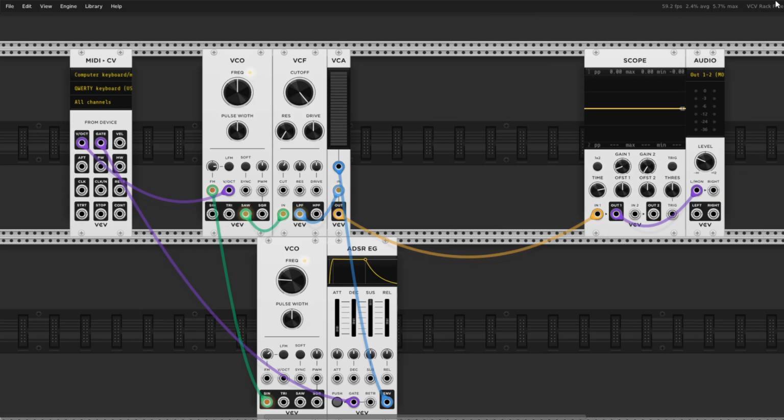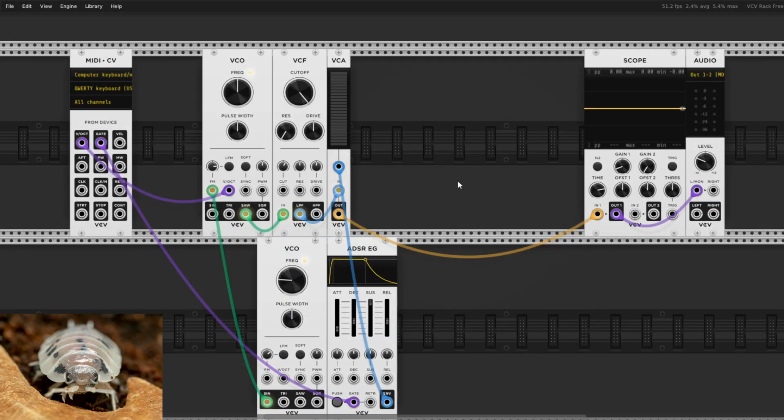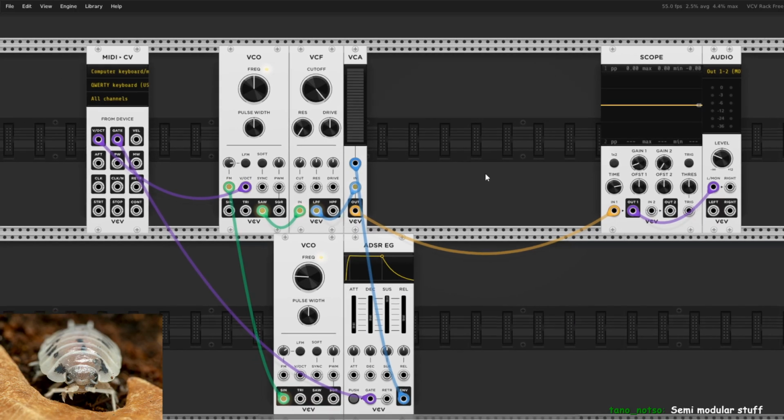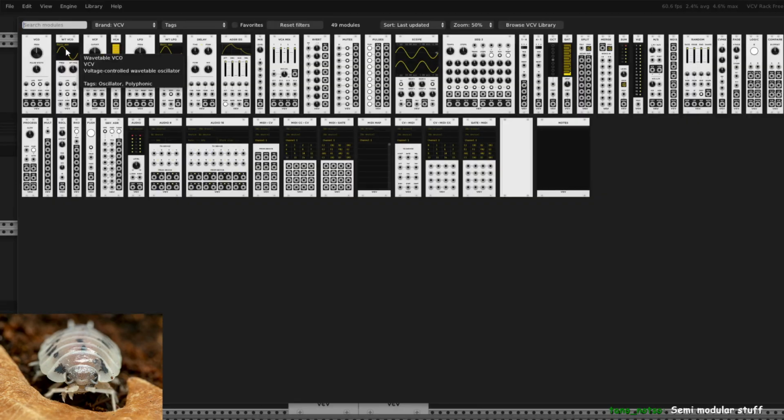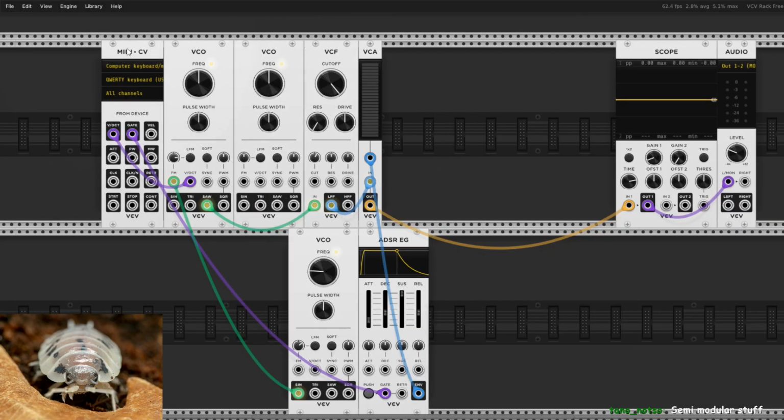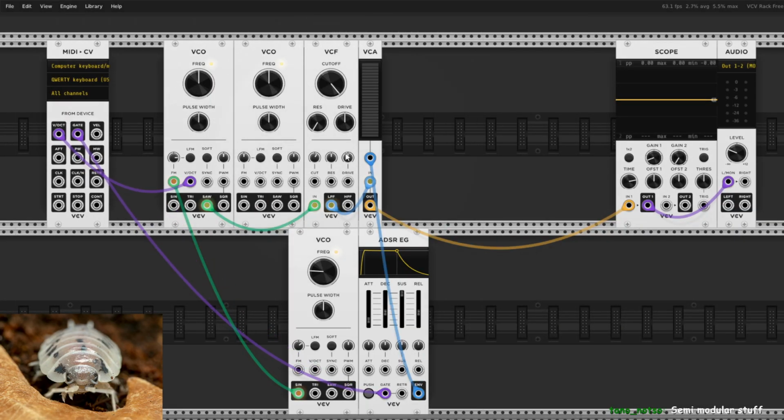I forgot, I don't have any sort of PNG, so I was just going to do this. Okay. Yeah, semi-modular stuff. This is all classic stuff that you could find there. A lot of those have two oscillators that you can tune against each other, and then they're going into